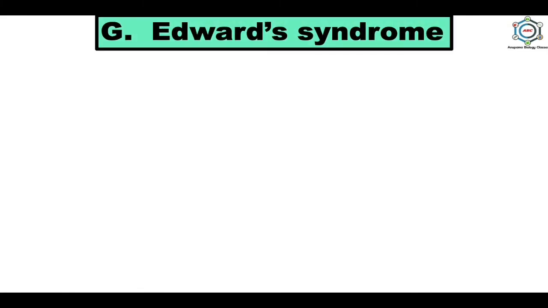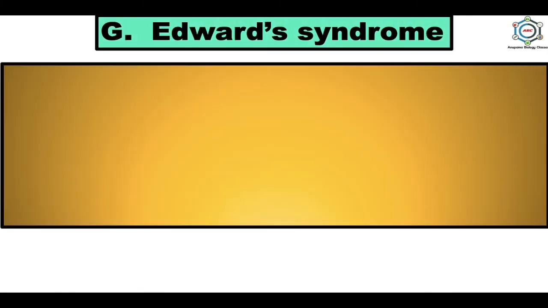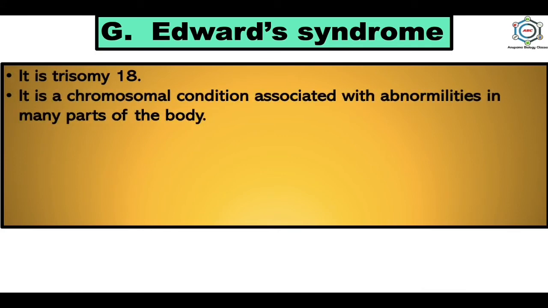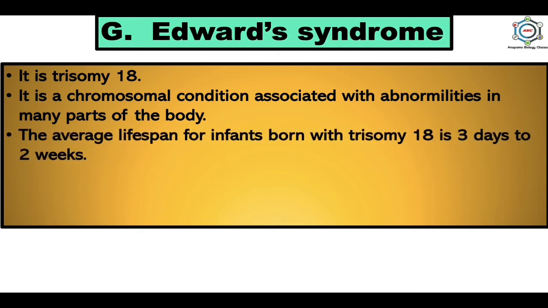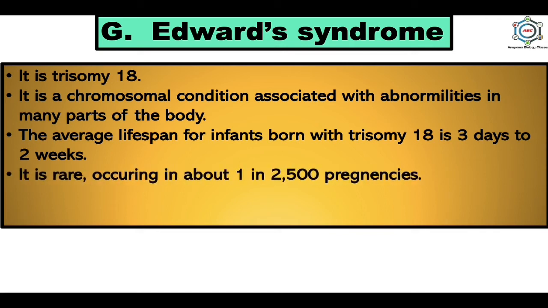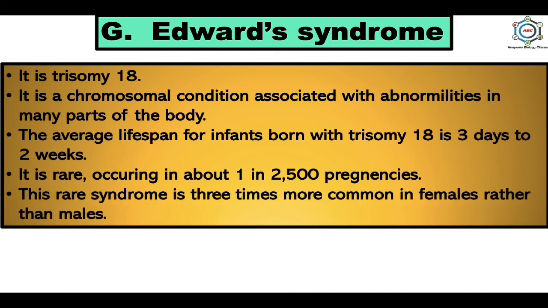Now, the next is Edward syndrome. What are the causes and what is Edward syndrome? It is trisomy 18. It is a chromosomal condition associated with abnormalities in many parts of the body. The average lifespan for infants born with trisomy 18 is 3 days to 2 weeks. It is rare, occurring in about 1 in 2500 pregnancies, and this rare syndrome is 3 times more common in